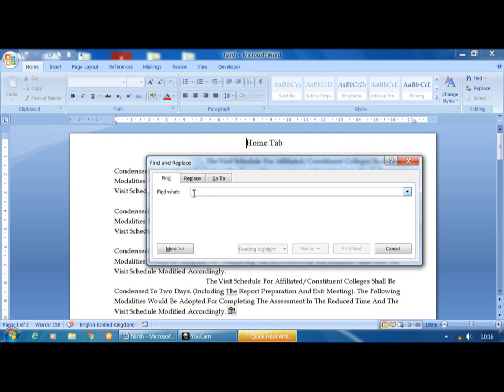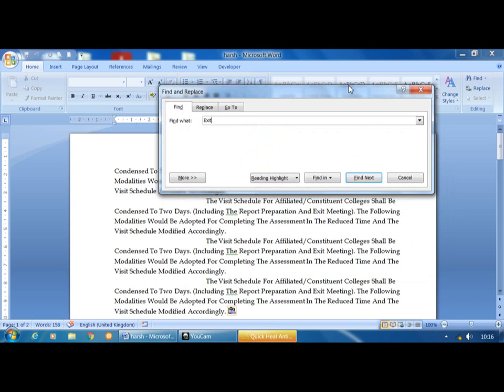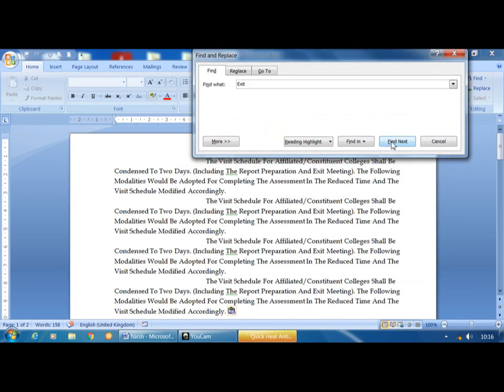In find you write exit, then just click on the find next button. See, it highlights the exit word. Again I will click on find next. So next exit it highlights, next exit it highlights, next exit it highlights.